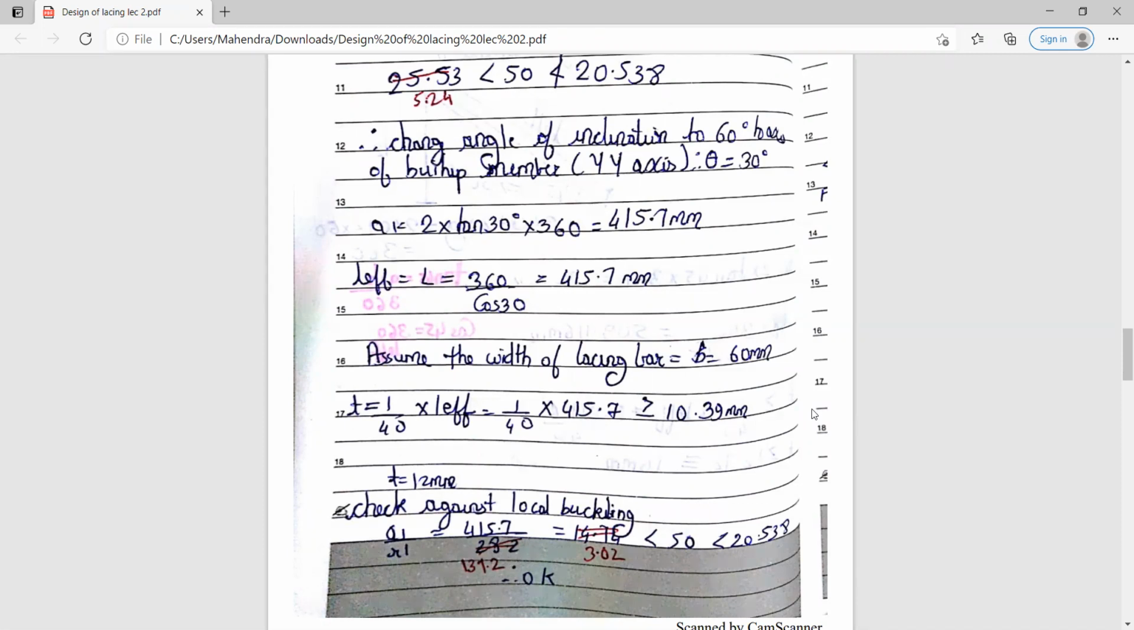Ma'am, it should fail, no? Wait a minute. Wait a minute. 0.7 into